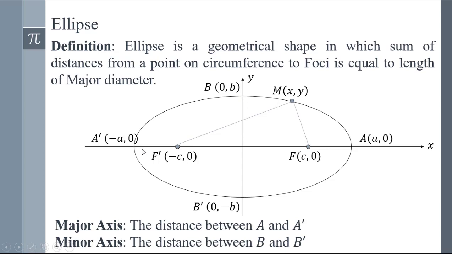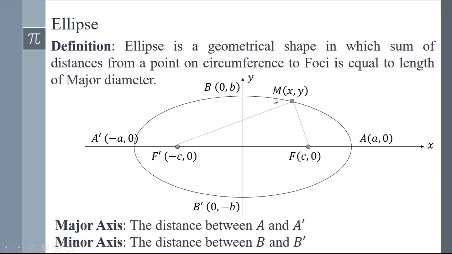The longest distance from one side of the circumference to the other side of the circumference is the major axis or major diameter. And the smallest or shortest distance is also known as the minor axis or minor diameter. Okay, now according to this definition, we can say that